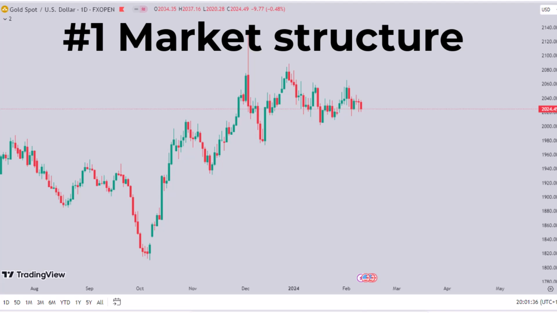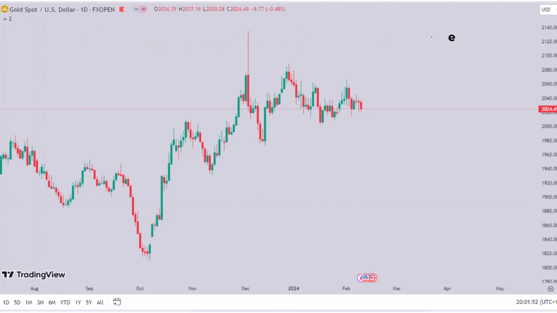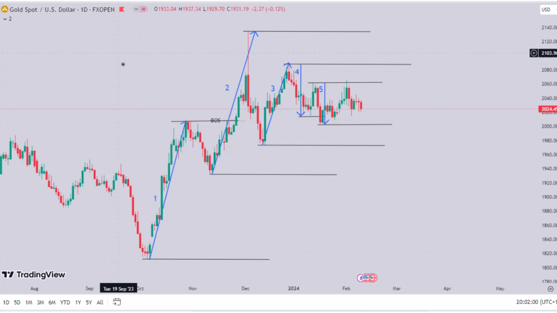And it is important for you and I to know the structure of the market we are trading in, so that it can help us make a profound trading decision. With that being said, let's take a look at the chart. This is gold on a daily time frame. We have the market creating this move from this low all the way to this high. Hence, we call it what? A structural range. Until price moves out of this range, then we say a break of structure.